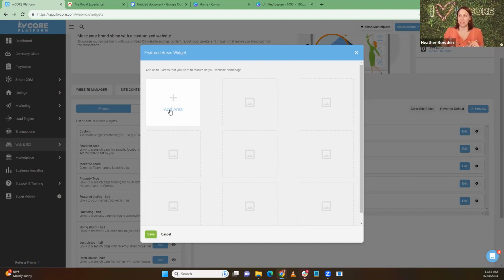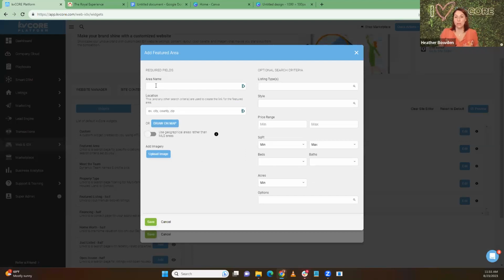So you click add area and you can say, where are my areas that I care about? So I can say, well, Jacksonville is an area that I service. Whatever you put here will be the name of the box. So it could be Jacksonville, but maybe Jacksonville is the only place you service and you want to put some different things. So I could say Jacksonville Pool Homes. And then I'm going to make my search. So it's going to be Jacksonville,